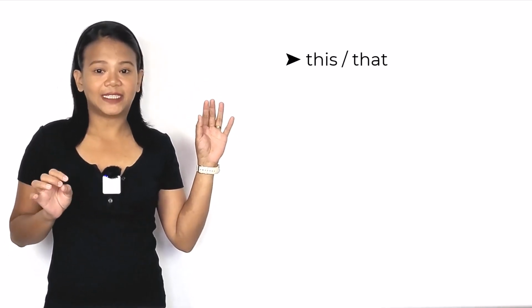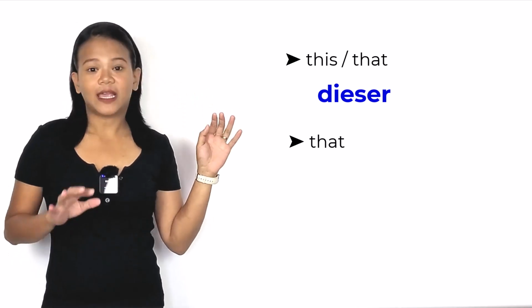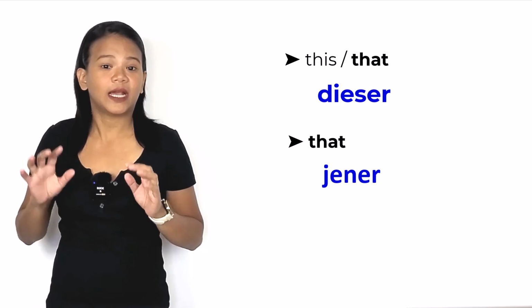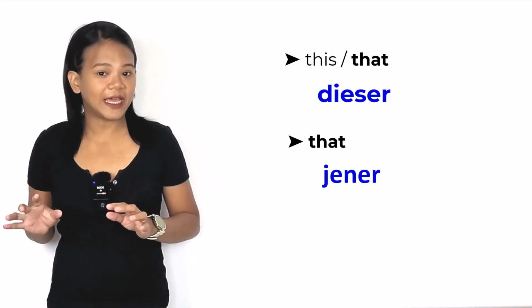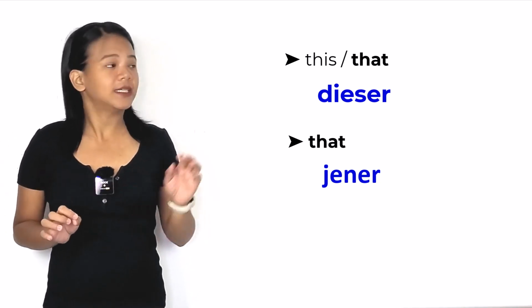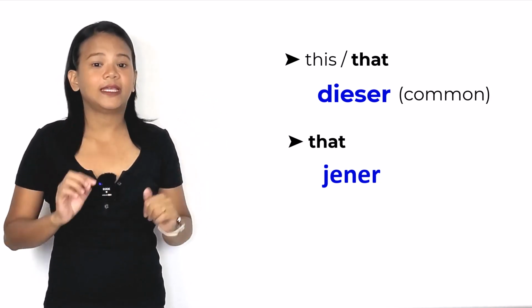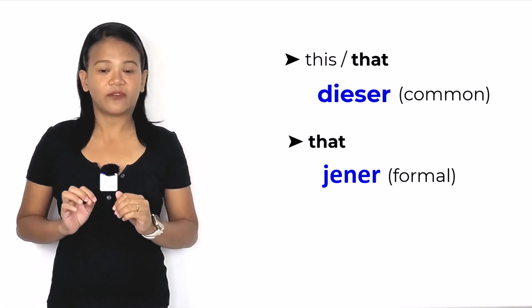This or that is dieser, that is jener. As you can see, that can be either dieser or jener. The difference is dieser is the more common form while jener is more formal and is used less frequently in